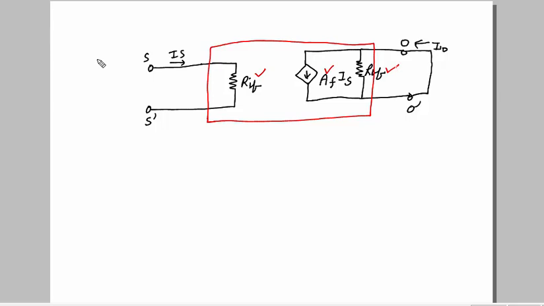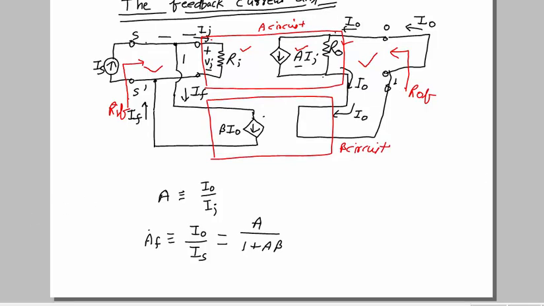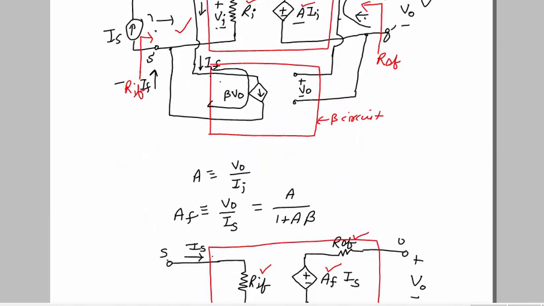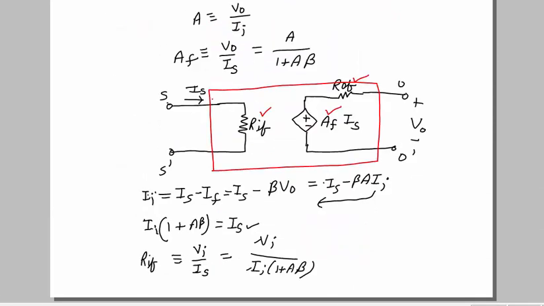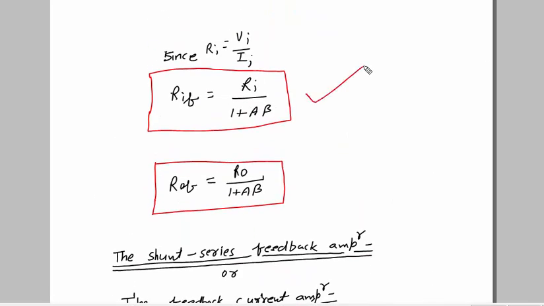Okay, now what kind of connection we have here is, input side we have a shunt connection, okay, output side we have a series connection. Okay, and this all we have derived. Like first input side shunt connection, okay, we derived already here for the shunt feedback amplifier here. Okay, for that what is RIF we got? Okay, RIF we got as Ri divided by 1 plus A beta. So we can directly write here.